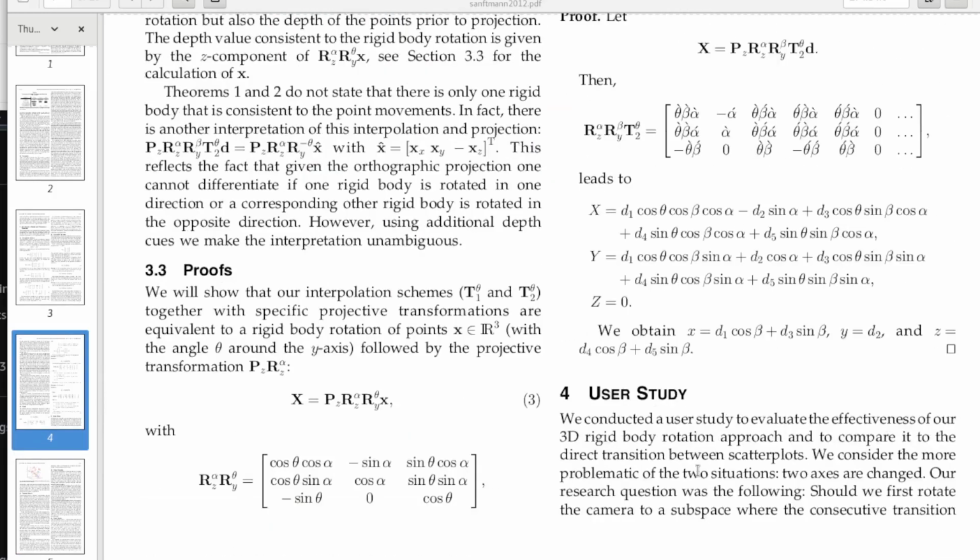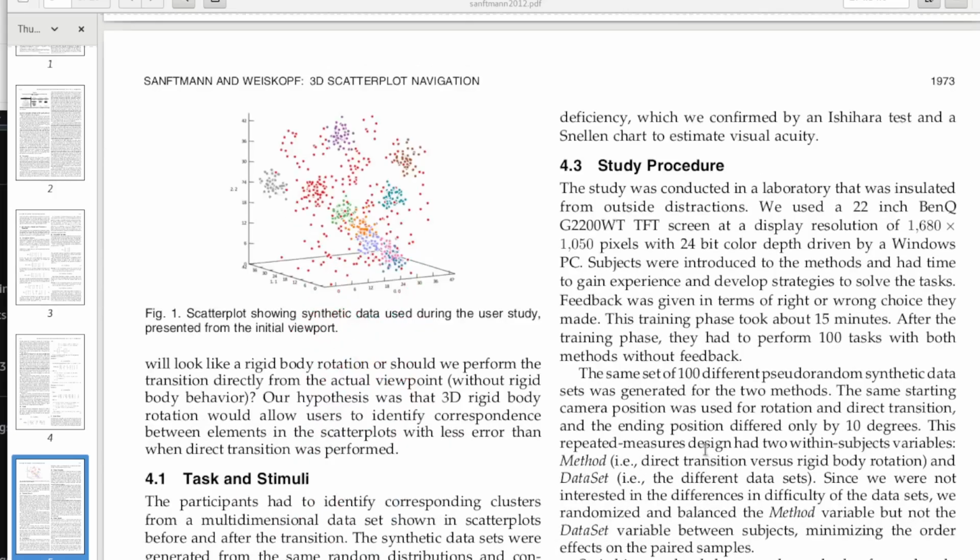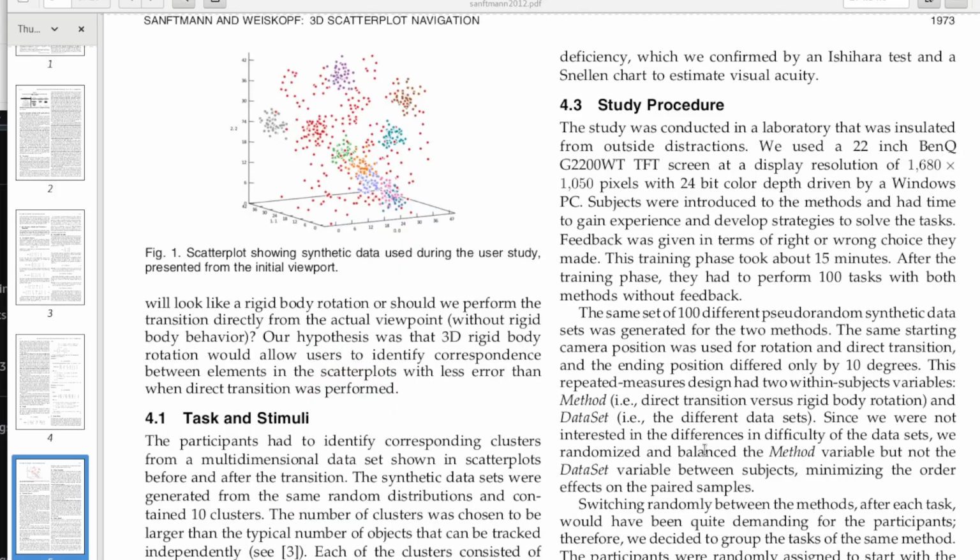4. User study. We conducted a user study to evaluate the effectiveness of our 3D rigid body rotation approach and to compare it to the direct transition between scatterplots. We consider the more problematic of the two situations. Two axes are changed. Our research question was the following: should we first rotate the camera to a subspace where